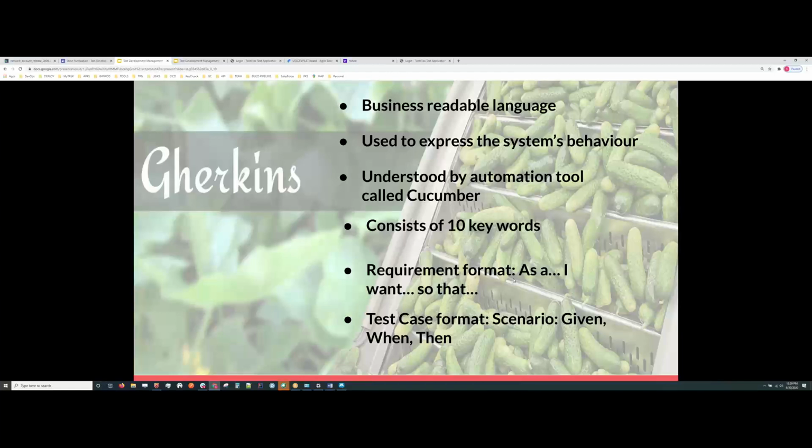As a matter of fact, when I went to interviews myself, I didn't know what Gherkin was. I didn't know what Cucumber was. And there were interview questions and I didn't know how to answer. This company hired me and I told them I'm not familiar with this. And my boss just told me later on that